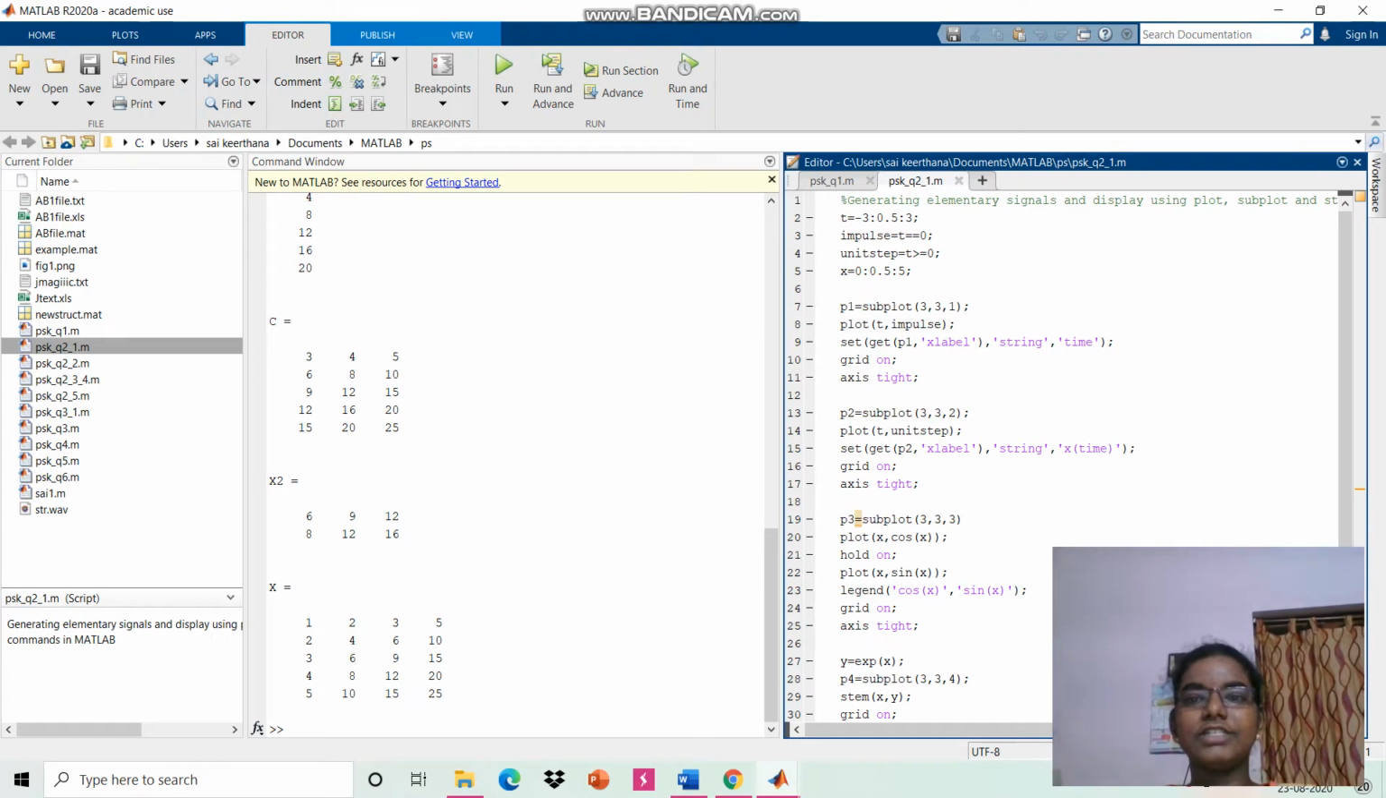For these elementary signals I'm using the impulse one, and the next one is the unit step, the next one is the sinusoidal, and the next one is the exponential function. For this subplot 3 3 1, I'm using a 3 by 3 grid, and the one implies that I'm using it for the first graph, and here subplot 3 3 3 implies that I'm using the 3 by 3 grid and it refers to the third graph. Grid on means that while we are having the plot we would have the grid in it,